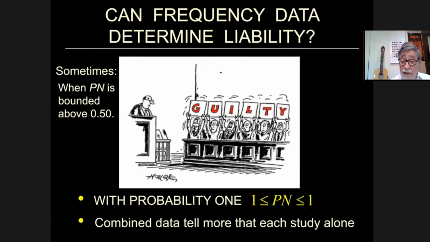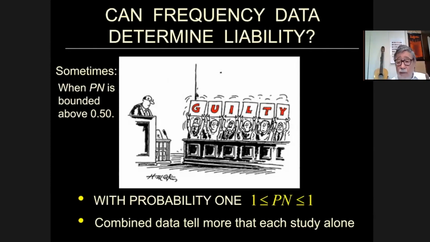Under certain conditions, you can find a bound on this probability of necessity. And if the bound is 1, you definitely know the jury should proclaim the defendant guilty. And the nice thing about it is that if you combine